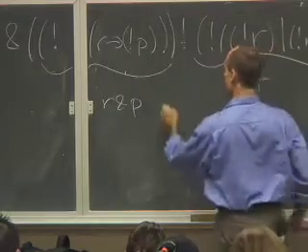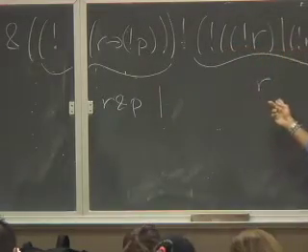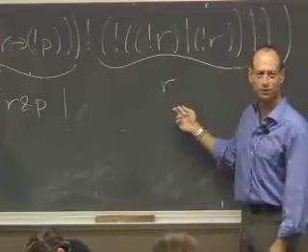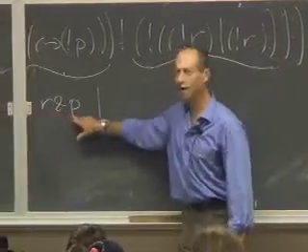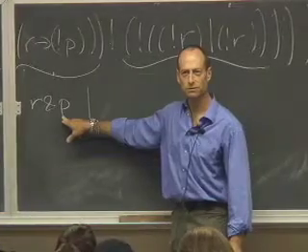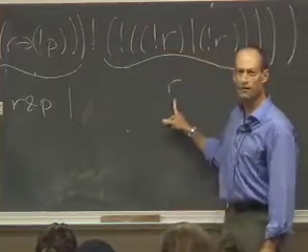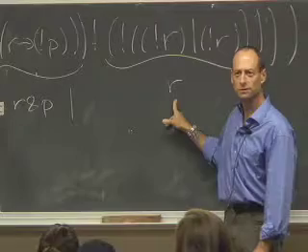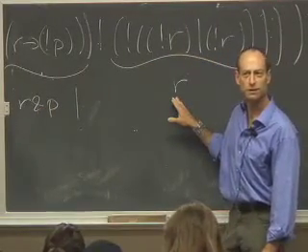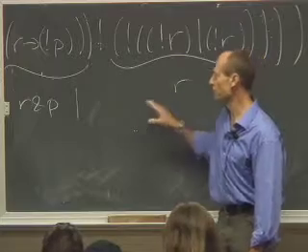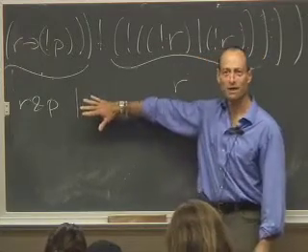Okay, so we have R and P or R. What does that evaluate to? This is only true if both R and P are true. This is true whenever R is true. So for this to be true, this has to be true. Right? And so this whole thing is just logically equivalent to R all by itself.